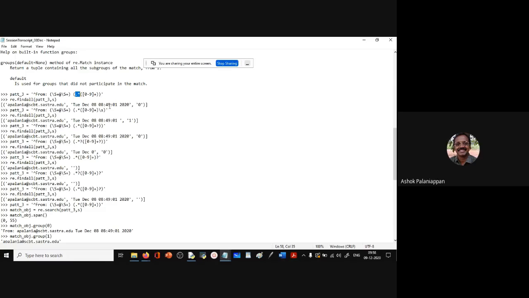Now, when we do this second one, since we put a space here, the only thing that is matched is before the 2020, because it stops at the space, and therefore this is what we have. And here, if you look at the last number, again, it's a greedy matching for the dot star. It matches till the 0 here. Then the 0 to 9 group matches the 1, and therefore that 1 is returned here as the third group. You're able to follow? Yes, sir.